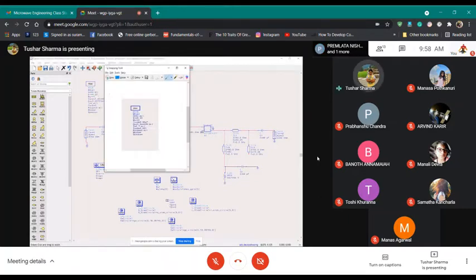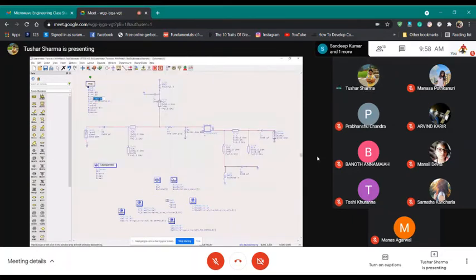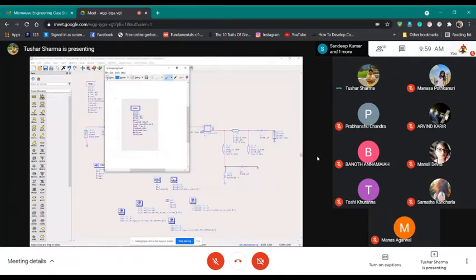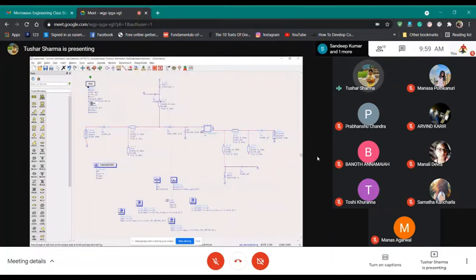And mu R is 1. Conductivity is 5.96 E7. Then HU is 3.9 e to the power 34, which is fine. T is equal to 0.7 mil.